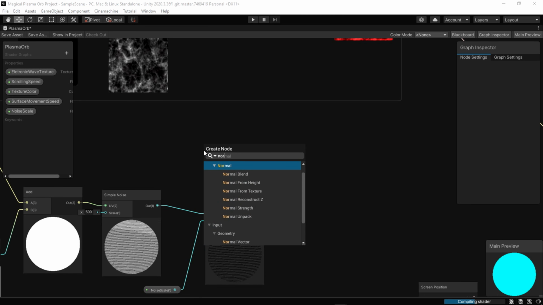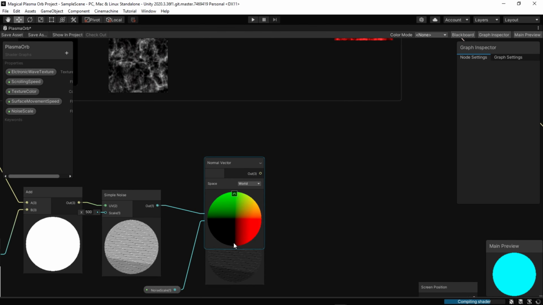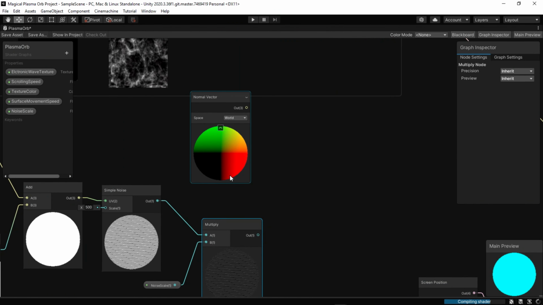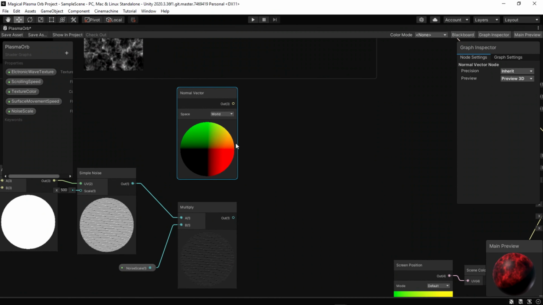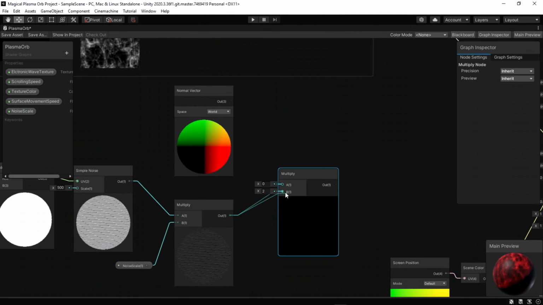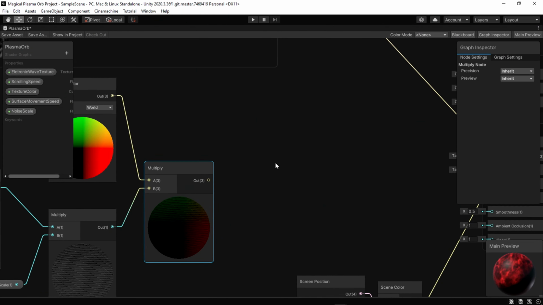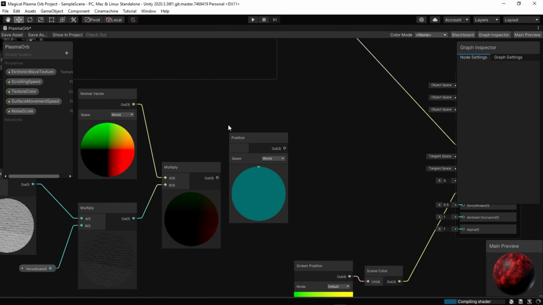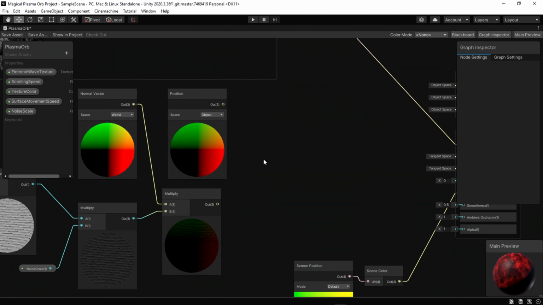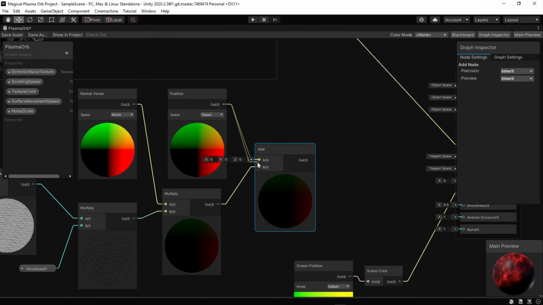Then add the normal vector node, because we want to move each vertices in the direction it's facing. And finally, we add all the changes we did to the original position of each vertices using the position node. Then link the output to the vertex position.